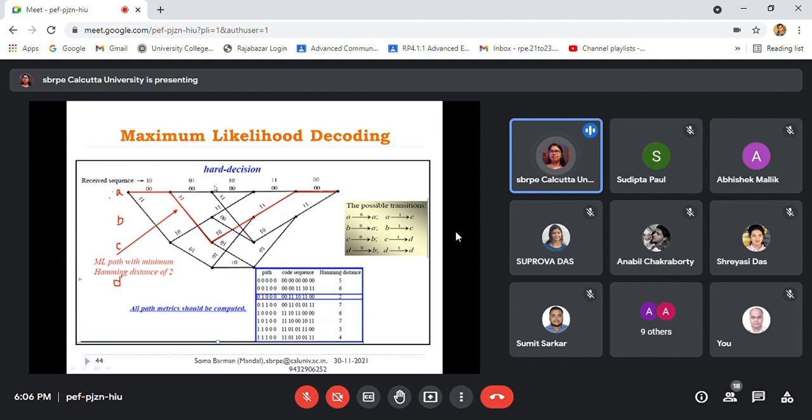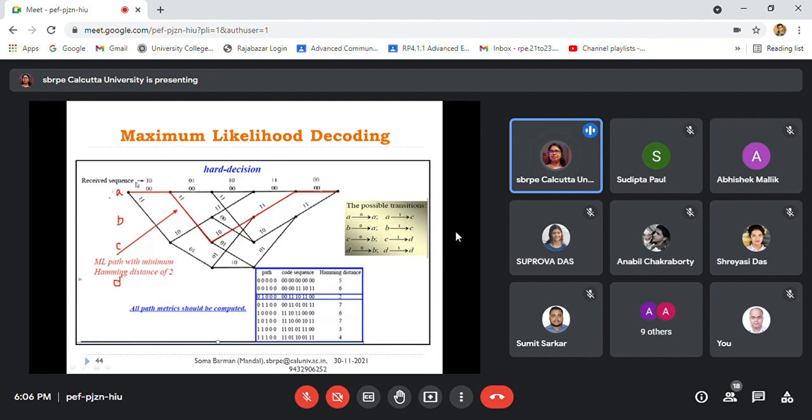And also one thing is important: without knowing the connection, it is not possible to determine the branch word. Okay, so you have to know the generator vectors G1, G2. If it is G1, G2, then obviously it will be 2 bits. If it is 3 bits, then it will be G1, G2 and G3. Okay. So here there are 2 code words, so obviously G1 and G2 are given.